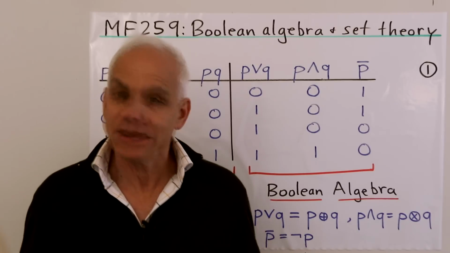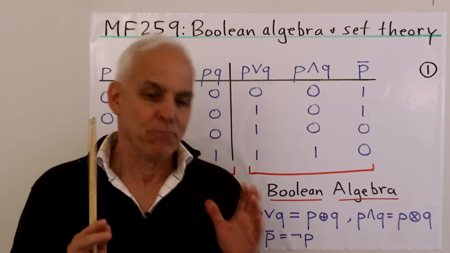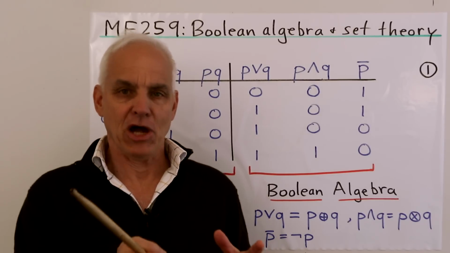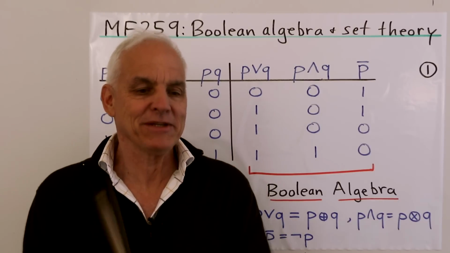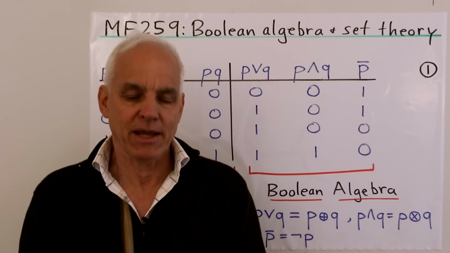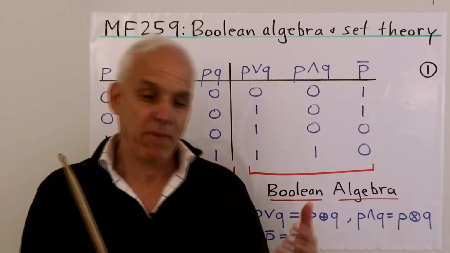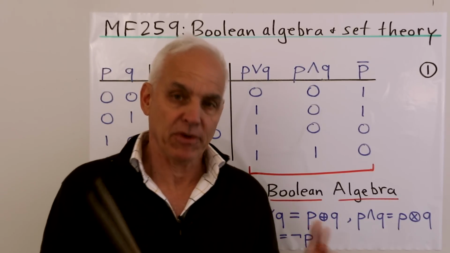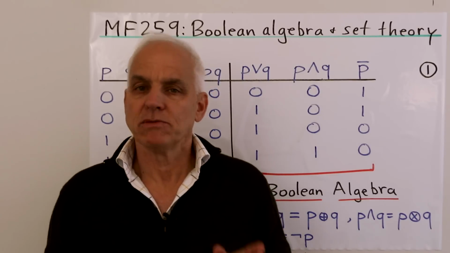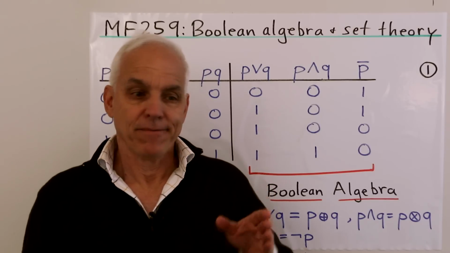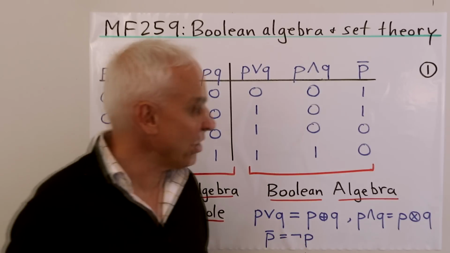So we're having a look at the history of logic, and in the latter part of the 19th century, Boole started to mathematize logic. And then his algebra morphed a little bit, and we're going to be talking about that story today, morphed into what's now called Boolean algebra, which ended up having a major impact into the 20th century development of circuit analysis. But originally, the Boolean algebra was more oriented towards the arithmetic or algebra of set theory, finite set theory. So we want to talk about that today.